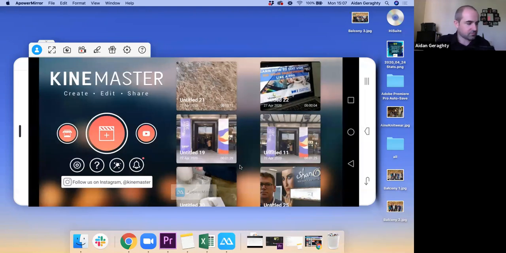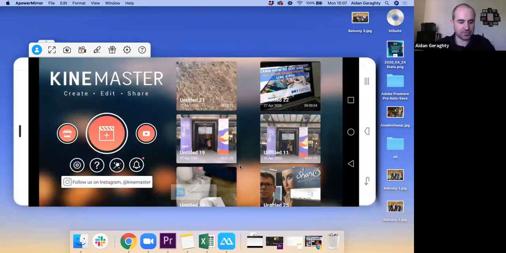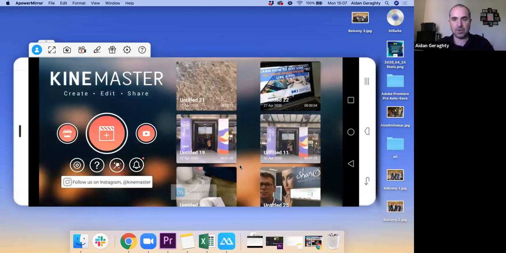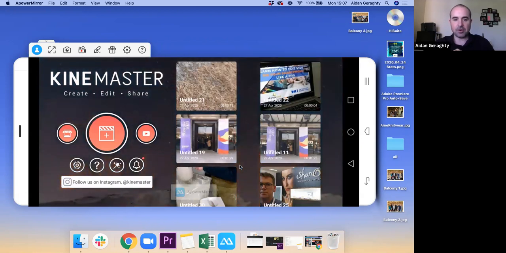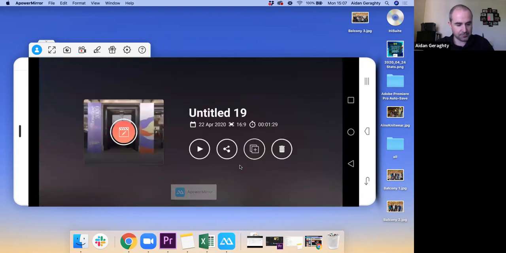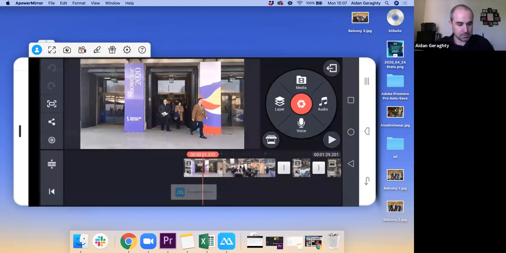So the first thing we're going to look at when we open it up is the intros and outros. First of all, when you work on a project and you leave the app in the middle of it, it automatically stores. So you can then come in, open it up, and